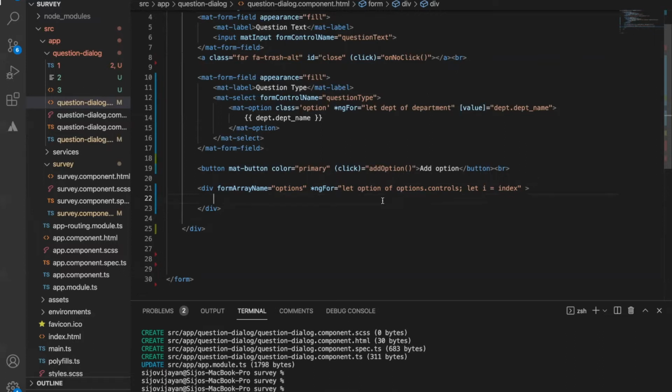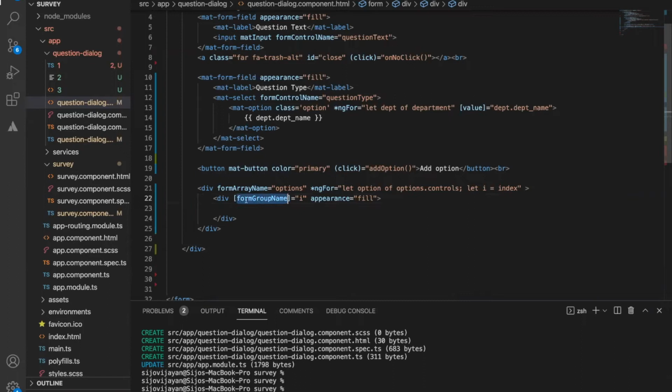We have to display basically two types of controls. One is the radio button or the checkbox. The second one is a text box for entering the option value. Here we need to add another division for putting the form group. So basically we define a division like this.